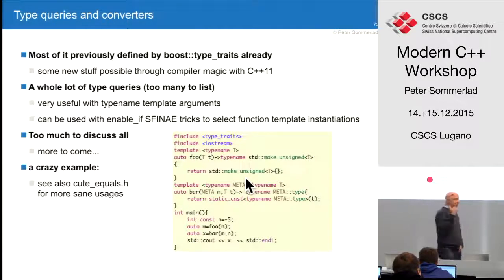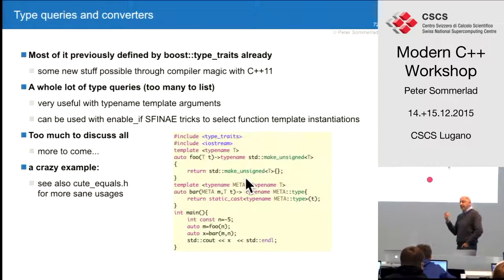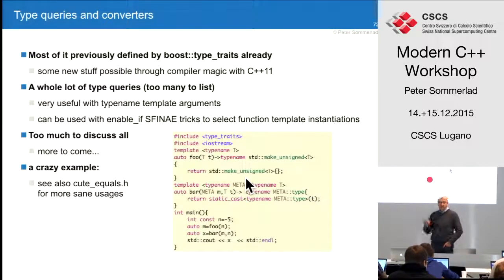For example, you might have got compiler warnings of mixing signed and unsigned integer values in a comparison.